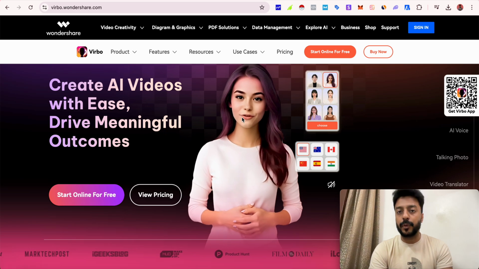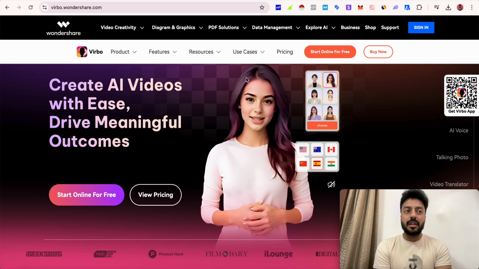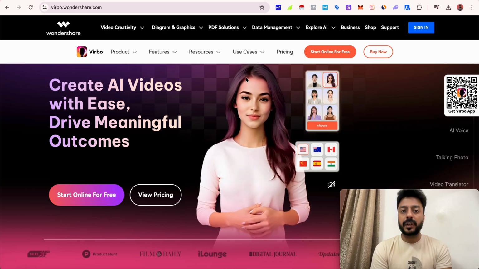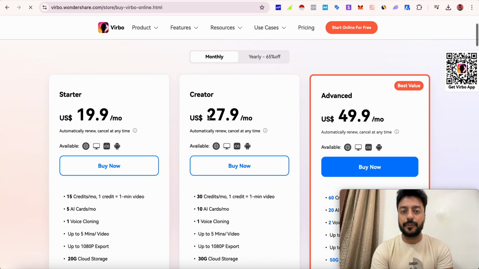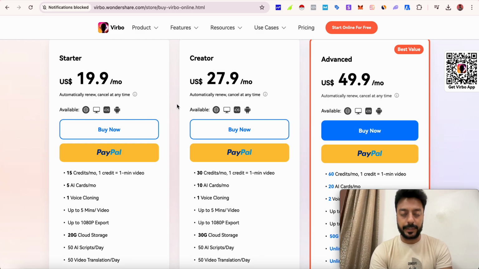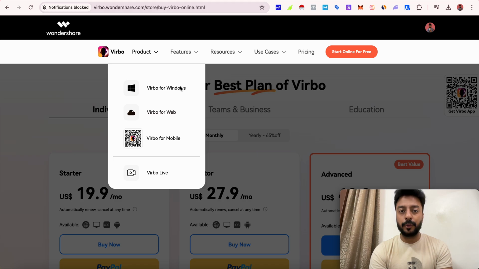Just sign up with your free account, and in the free account you can create a video with a length of 1 minute. If you want to create more videos, then in the pricing section you can see that they have different features. On the basis of your usage you can choose the plan, and then you can go ahead. Once you sign up with the free version, what you have to do is